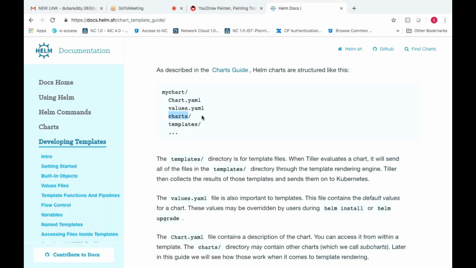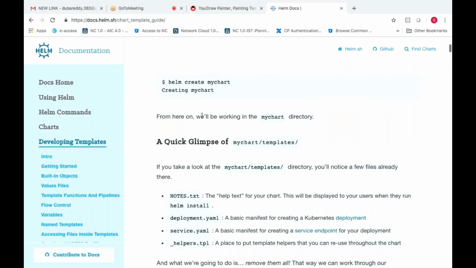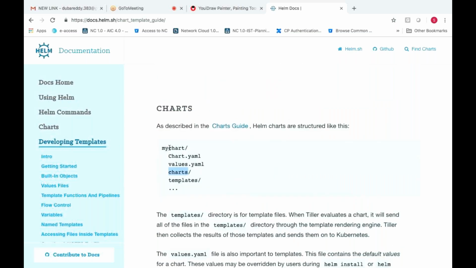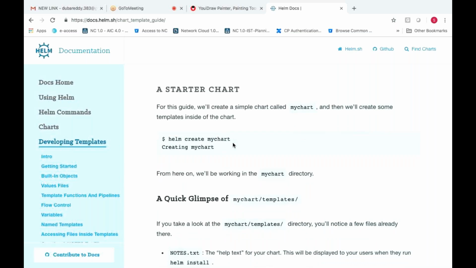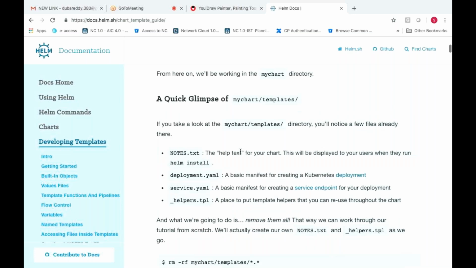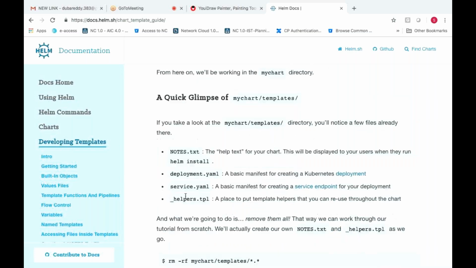Okay, so here how you will create a chart, let us say I want to create with this directory name. So then what you will do, helm create and the name, so it will create a directory immediately. Okay, so this is how it creates. See, under the templates directory, we have this one. I told you, right? Deployment.yaml, service, we have service, right? Service.yaml, _helpers.tpl. Okay, it's a template. TPL in the sense it is template, guys. Okay, YAML template. NOTES.txt. Okay, when you type helm, then you can see this.